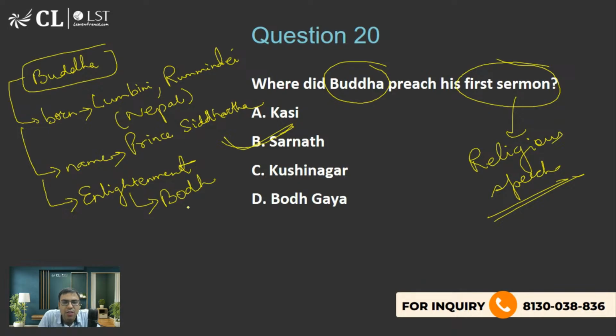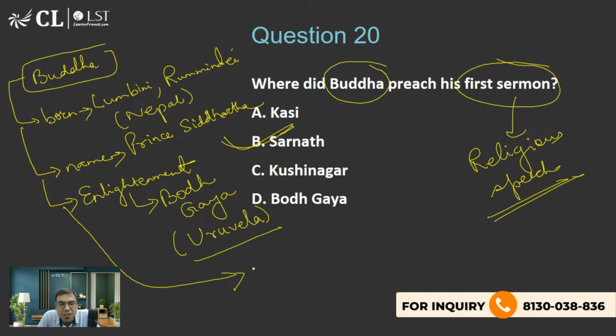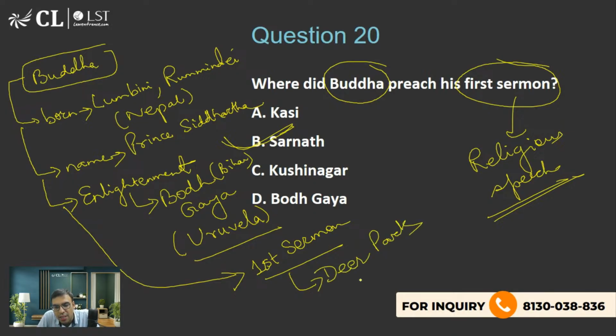Bodh Gaya लिखते हैं, this is actually 20-30 kilometers or 15-20 kilometers from Gaya district, okay. At that time it was called as Uruvela, ये भी पता होना चाहिए, because maybe they can give you one of the options, Uruvela is the place, ठीक है। Because जो बोध गया है ना, today it is called as Bodh Gaya, but at that time it was called as उरुवेला, और यहाँ पर एक रिवर भी गुजरती है ना, निरंजना रिवर, ठीक है। The next important thing in his life is after getting enlightenment he gave his first sermon और first religious speech. So बोध गया तो बिहार में पड़ता है, but he gave his first religious speech at Deer Park, which is actually in Sarnath. सारनाथ कहाँ होगा, वही बनारस, बनारस या वाराणसी,